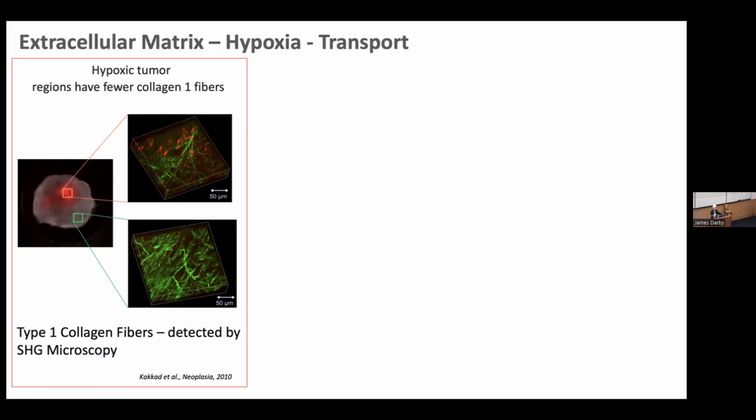So again, what we think is happening is that hypoxia drives up these degradative enzymes that break up the collagen. And in fact, we saw this in our cell perfusion system. So in hypoxic regions, the collagen gets broken down. And so that is why we are not seeing high levels of collagen in these